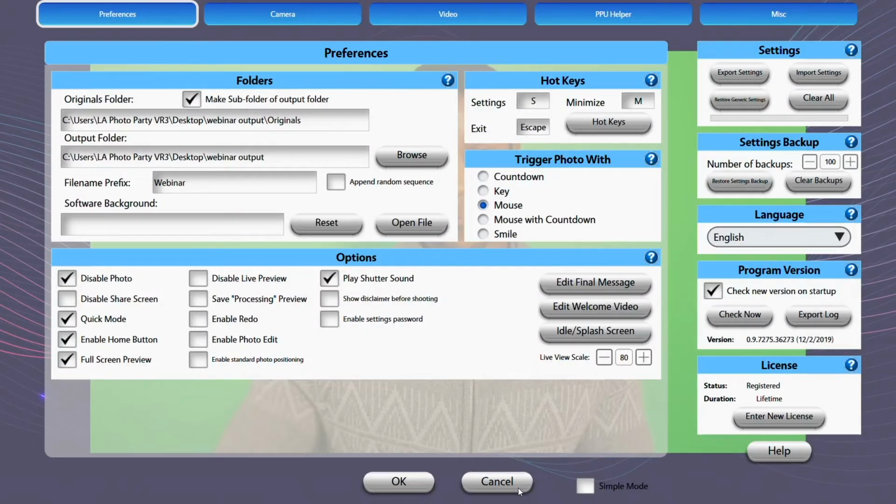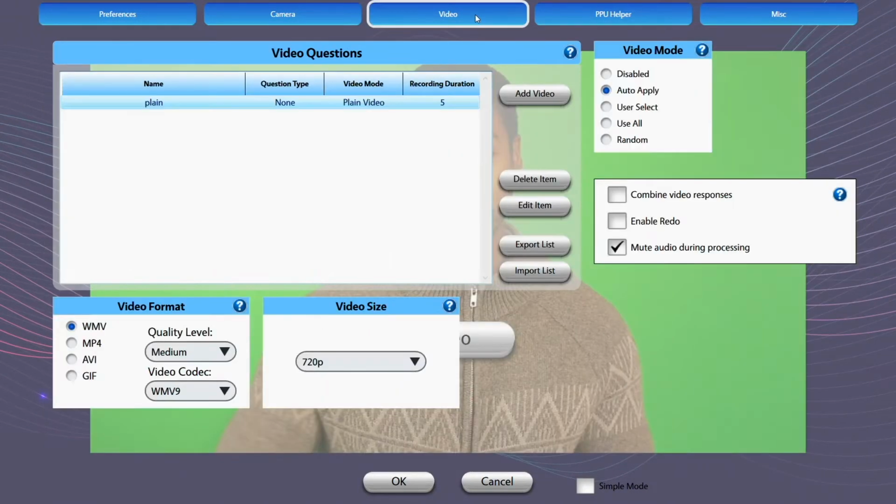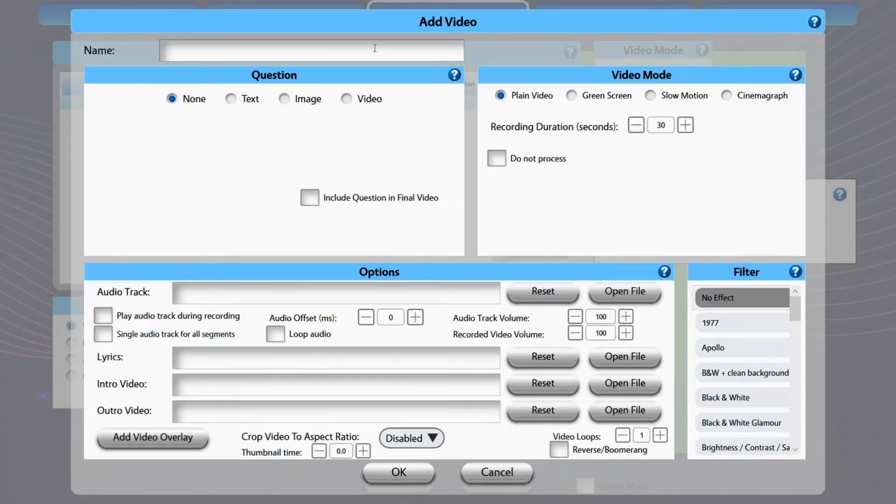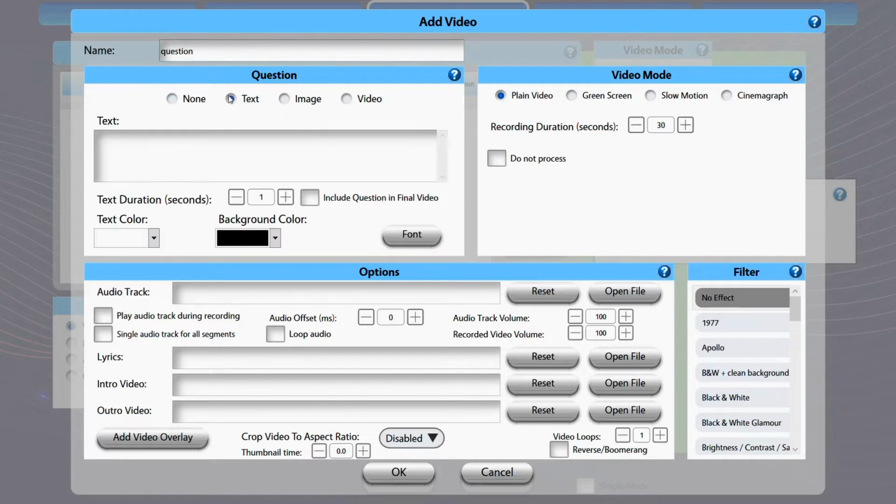So let's open up PBU again. Lovely. Head over to the video section and let's add a video. We will call this one question, just because that's exactly what it is. And now you have the option of selecting what that question should be. It could be an image, it could be text. In this case, you would type in the question, but for our intents and purposes, we are going to do